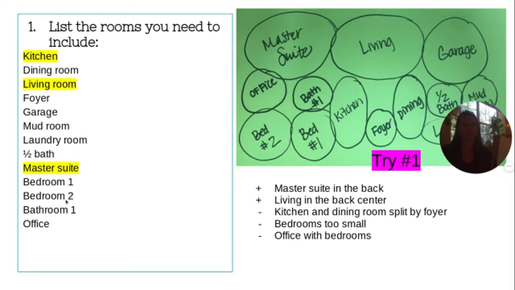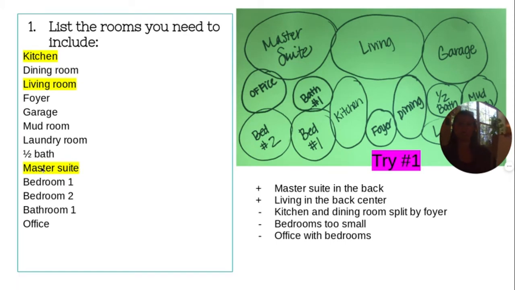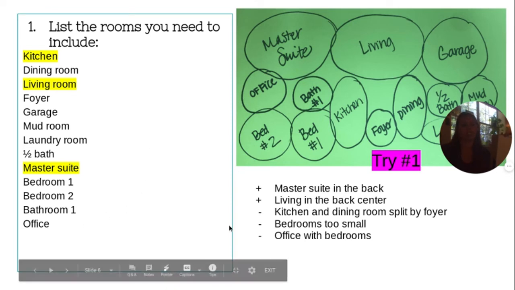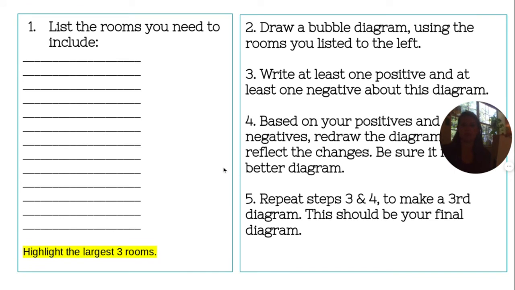Master bedroom, 2 other bedrooms, 1 bathroom for them, an office, a half bath. Note that a master suite means a master bedroom, bathroom, and walk-in closet. That should be that set of 3. Mudroom, garage, foyer, living, dining, kitchen. Okay, so jot yourself down a little list, pause it,